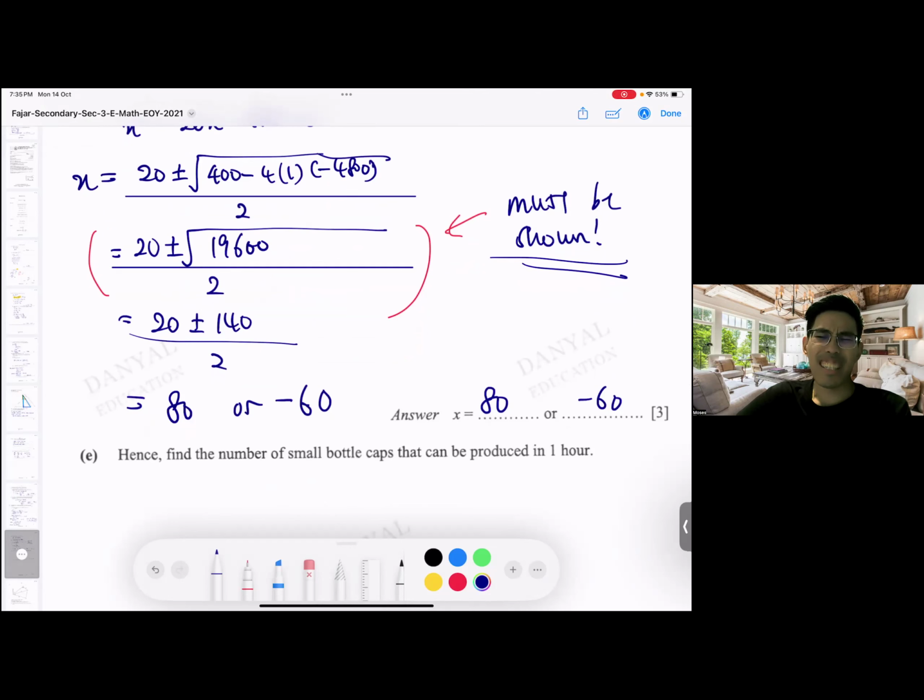Okay. And so you can see this side of parts, this side of things are easily 10 marks. Easily. This is the easiest 10 marks ever in the entire Paper 1 and Paper 2. This is what I call a 5-part question, because it's always 5 parts. A, B, C, D, E, A, B, C, D, A, B, C, D, E.